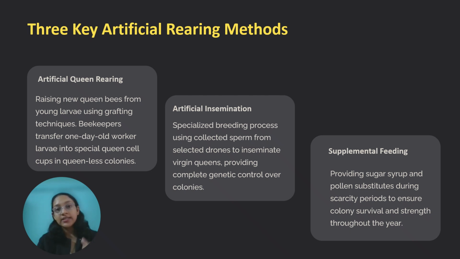Then artificial insemination, a specialized breeding process using collected sperms from selected drones to inseminate the virgin queens, providing complete genetic control over colonies. Now, why are these two steps important? First of all, in artificial queen rearing, the beekeepers are not depending upon how many queens will be produced or when, which shall thereafter produce the honey. They are producing their own queens to produce the honey in time, which will be suitable for